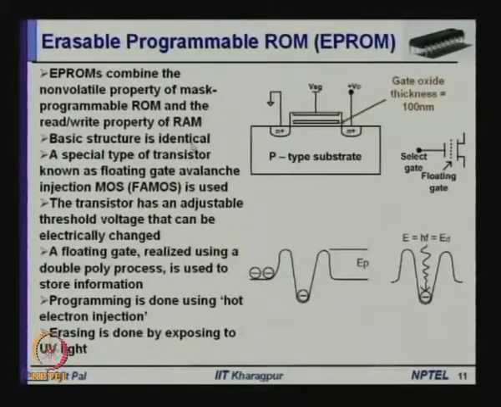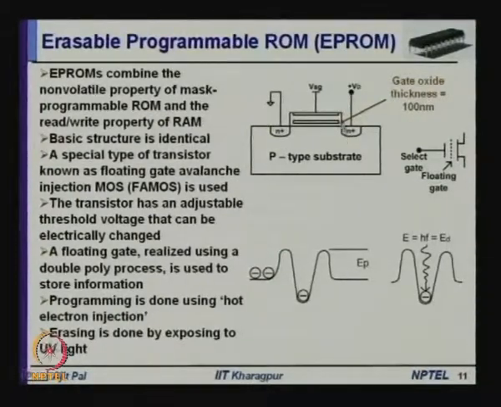The basic structure is identical to that of the ROM I have shown. A special type of transistor known as FMOS is used in place of those transistors. The transistor has an adjustable threshold voltage that can be electrically charged. This is done on the floating gate by using a technique known as the electron injection process. If you apply a high voltage to the gate and also between the source and drain,